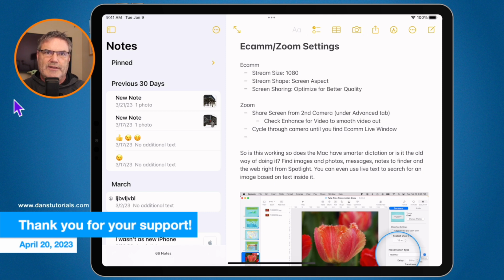You go to print, you can save it as a PDF, you can mail it. All these things that we can do on the Mac are not quite as prominent on the iPad, and you have to dig for them a little bit. But you're starting to see the similarities between them, and a lot of the things that we do on the Mac, we're starting to be able to do on the iPad.